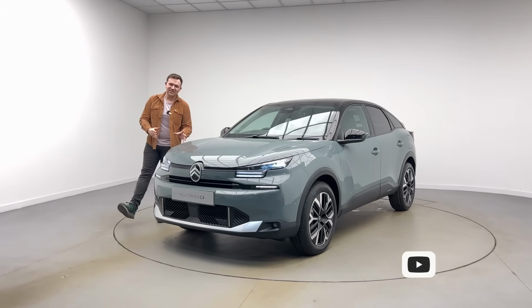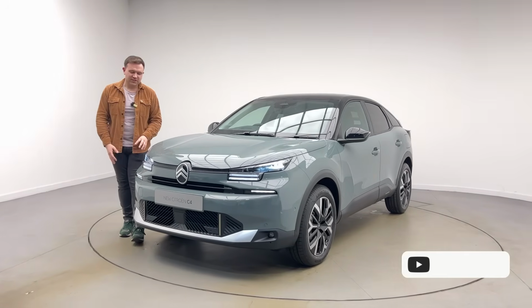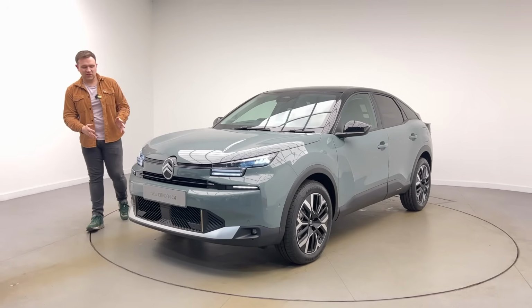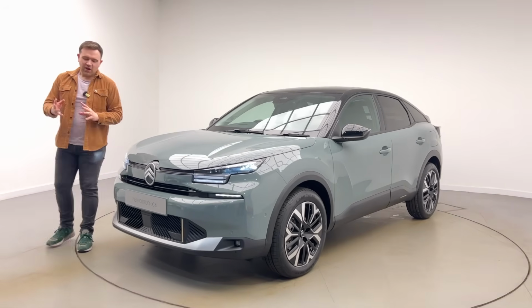with the 2025 Citroen C4. Now I'm down here at Arnold Clark Citroen Armadale to check out the new C4. I'm going to give you a walk around tour of the exterior, interior and get it out for a test drive. Now, first things off the bat, you're going to notice this is the Facelift C4 under a couple of